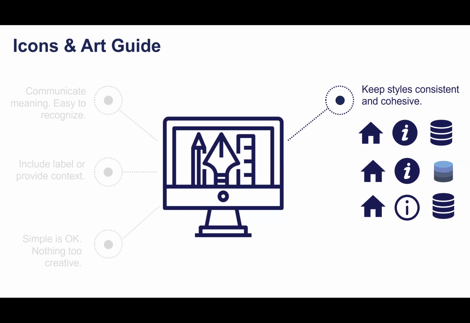Next, you want to make sure you're keeping styles consistent and cohesive. If you look at the first line of icons here, we have a nice shaded house. We have a solid house. We have a solid information icon. You have a solid data source. But if you look on the left-hand side, your eye is probably immediately drawn to the data source icon. It's different from the other 2, right? And then on the last line, you have a silhouette for an information icon. It sticks out from the other 2. So if you're using multiple icons in your dashboard, you want to make sure that they're consistent and cohesive